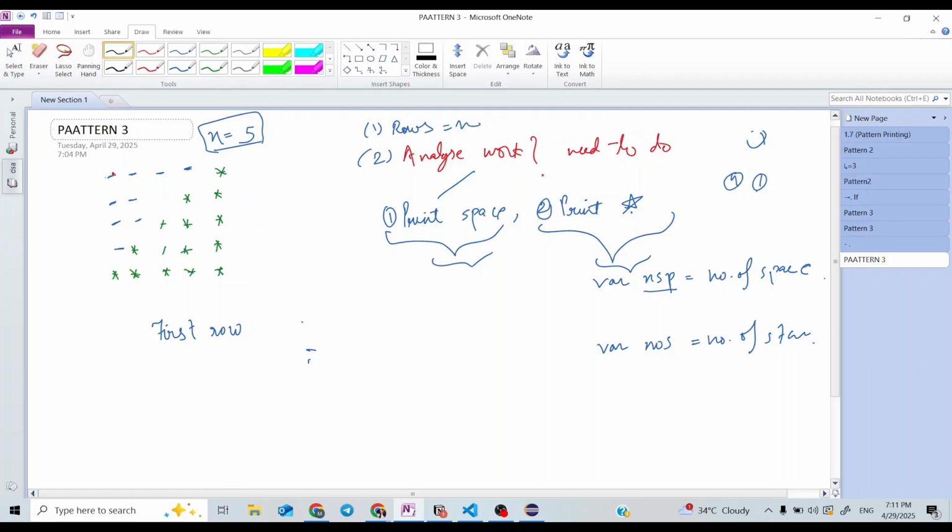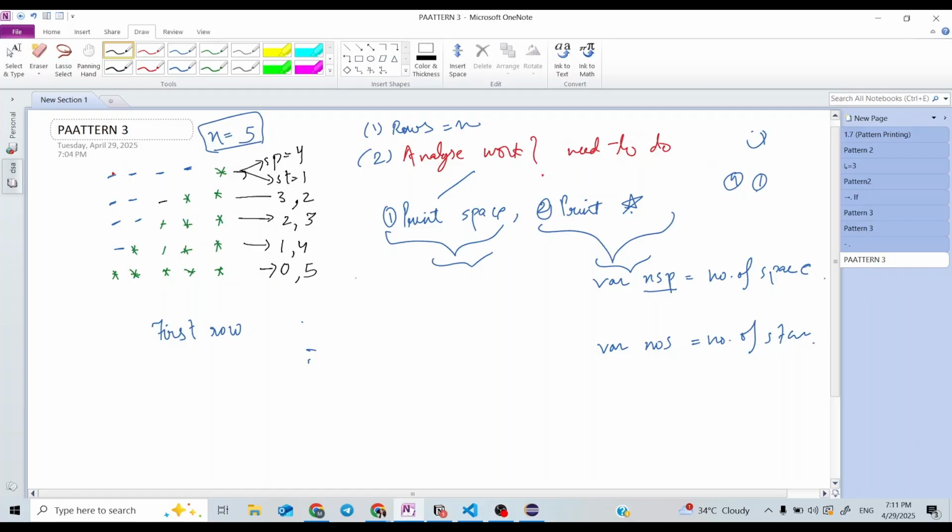You can see in this pattern the number of spaces in the first row is equal to 4 and number of stars is 1. Similarly, in the second row, the number of spaces is 3 and number of stars is 2. In the third row, spaces are 2 and stars are 3. Then spaces are 1 and stars are 4, and spaces are 0 and stars are 5.